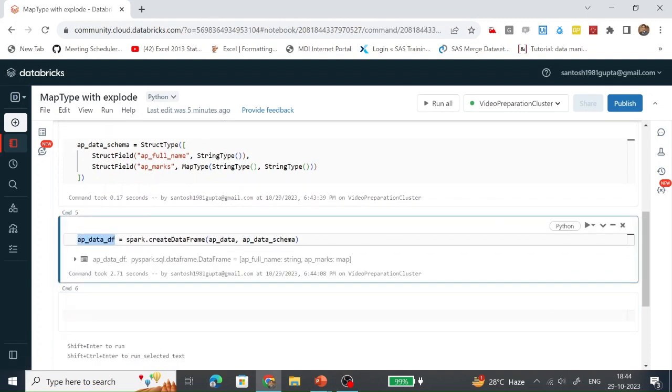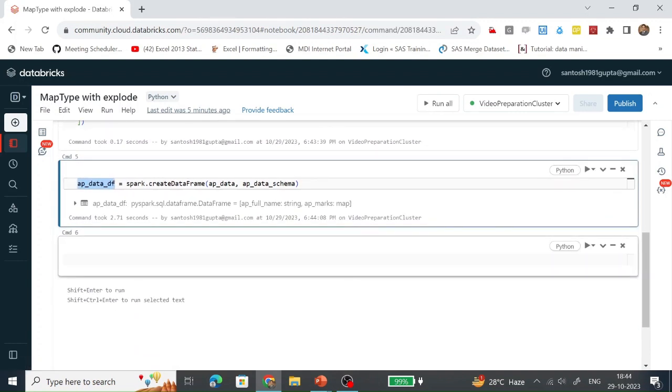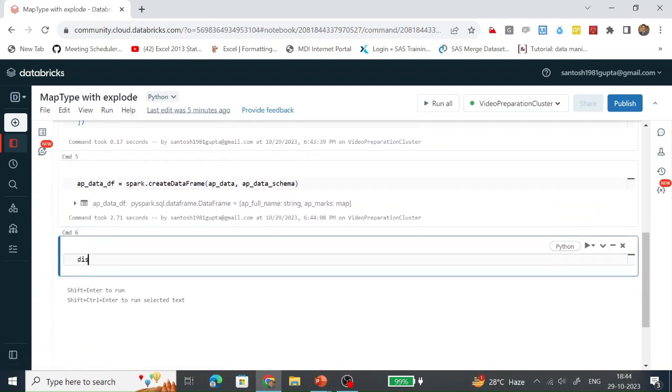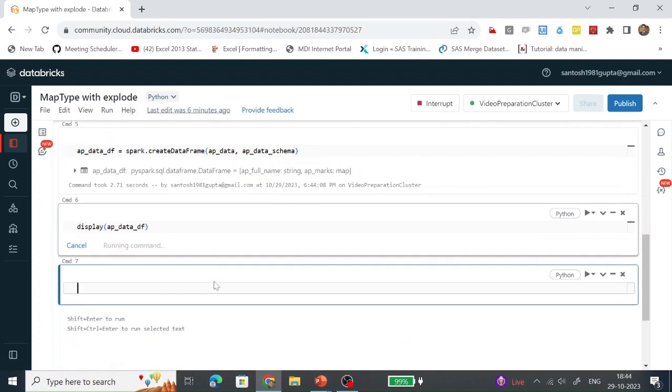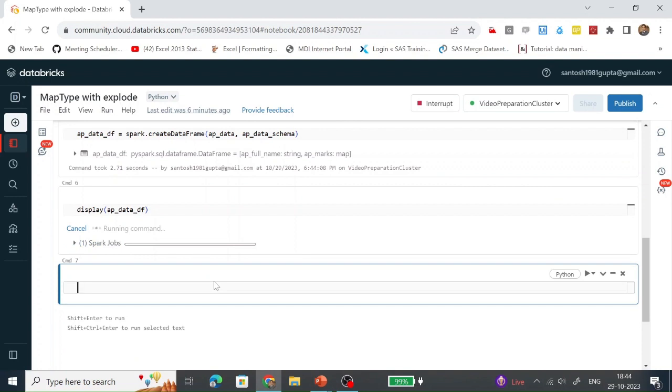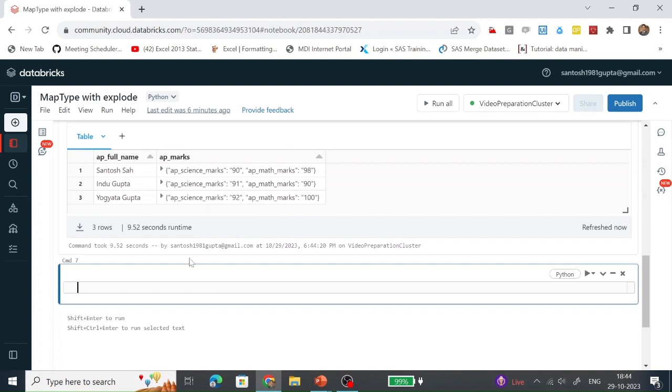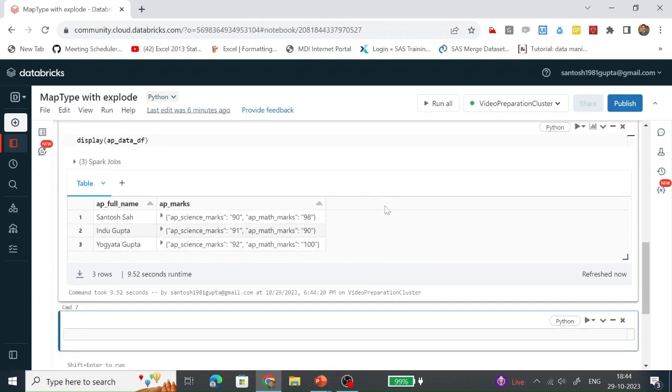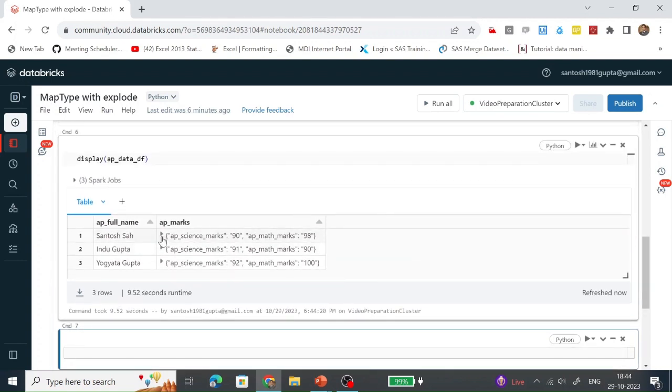This data frame gets created successfully. Let's see the content of the data frame.